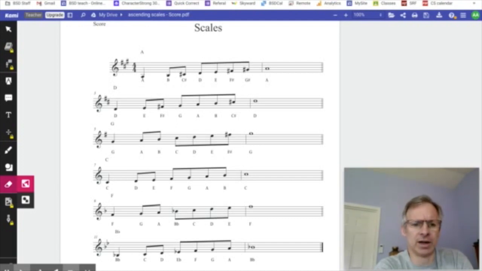So on the screen here, I've got 6 scales. These are scales that we play all the time in orchestra. In band, we usually play a different set of scales, but the same rules will apply. So if I think about a scale that I want to play, and I know what notes are in that scale, I should be able to then look at the key signature and figure out what key